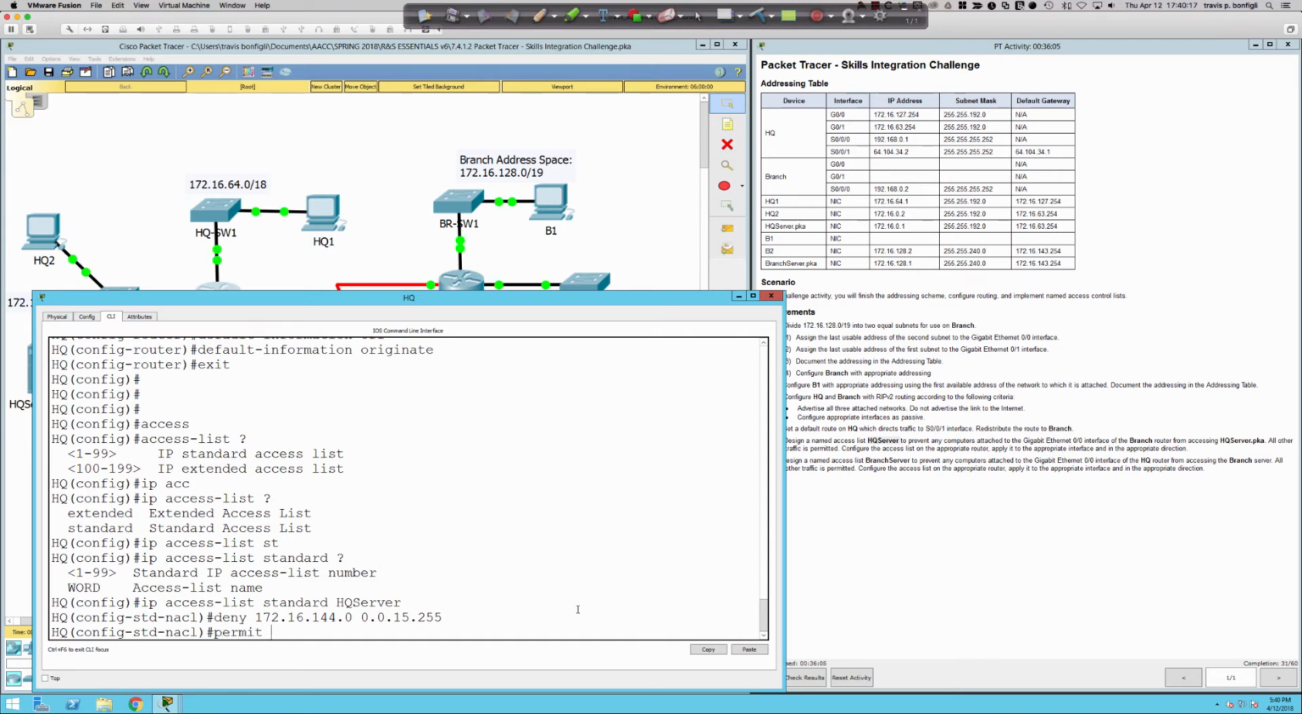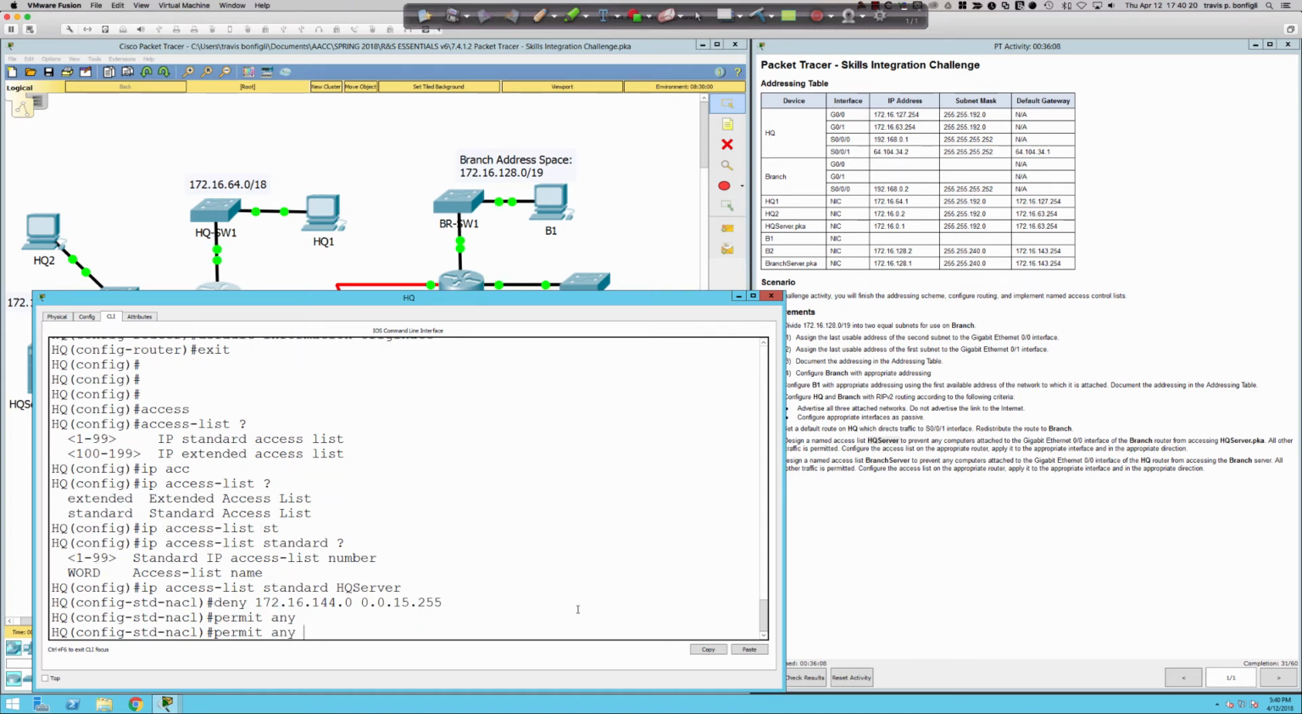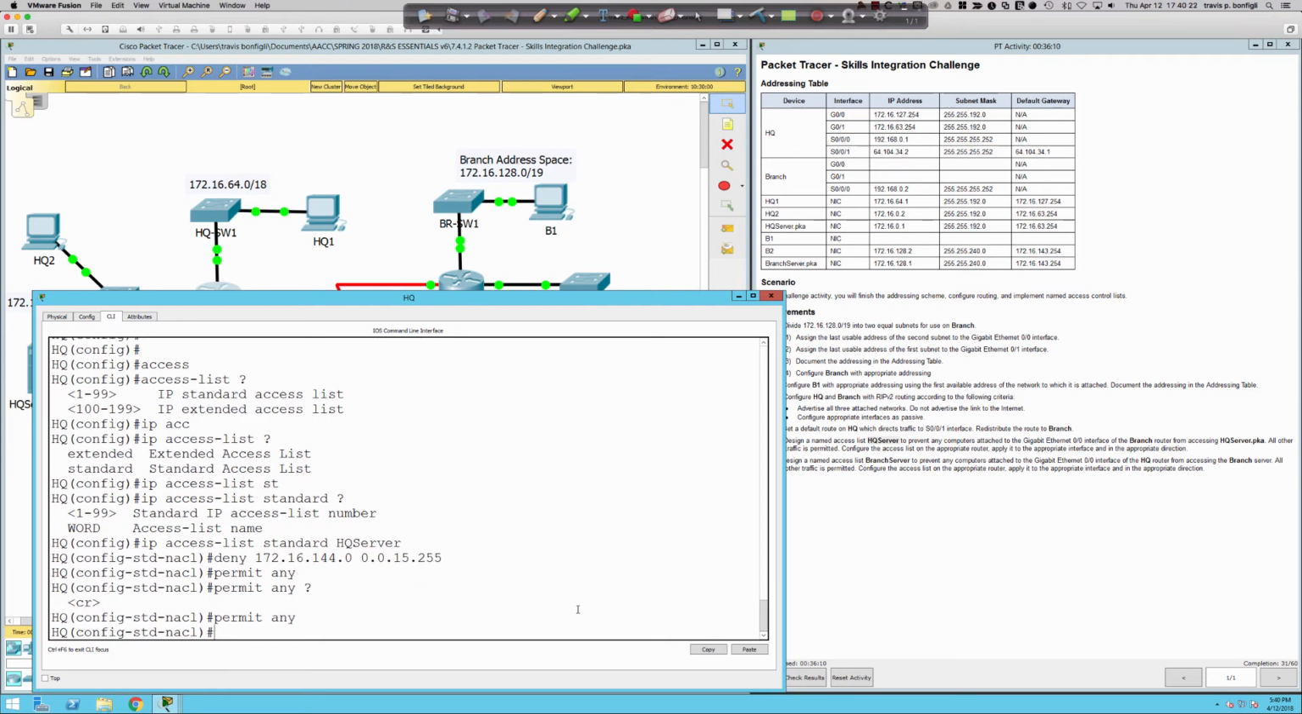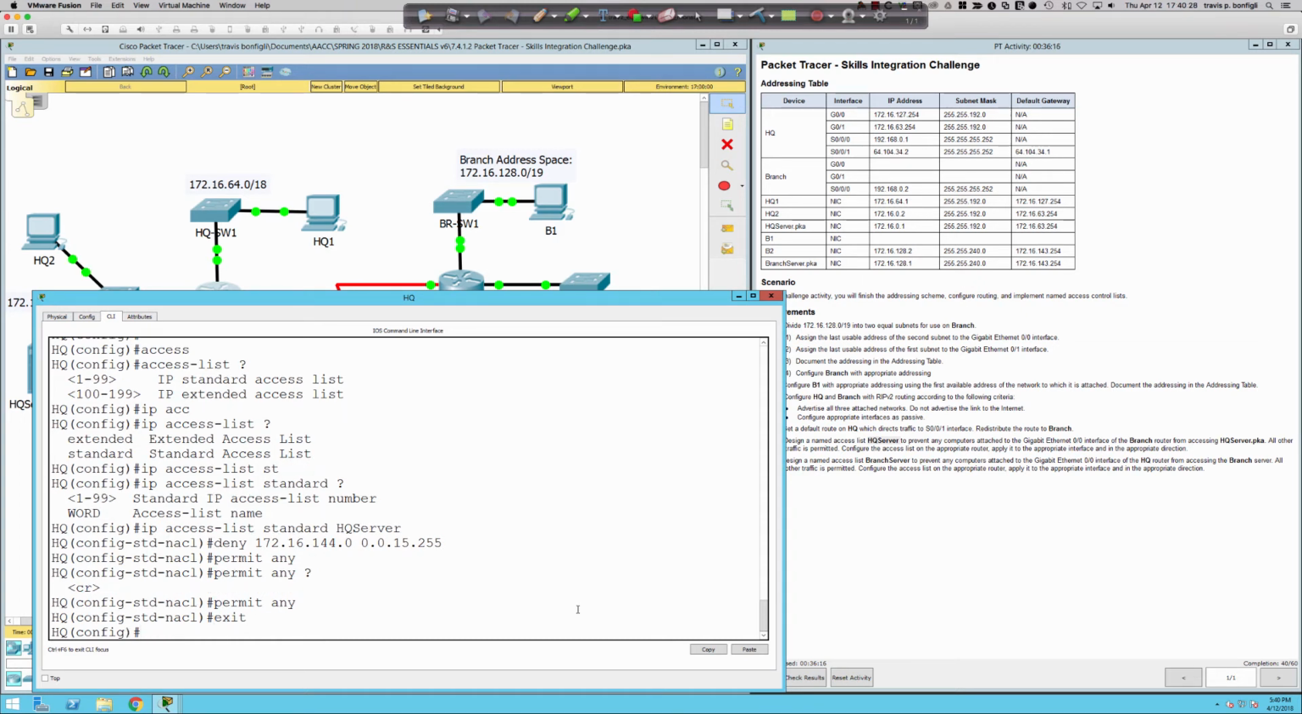So here I want to say permit any, right? I need to make sure I get that permit any in there so that all other traffic is allowed to flow. So now that I've got my standard named ACL and we picked up our 9 points,